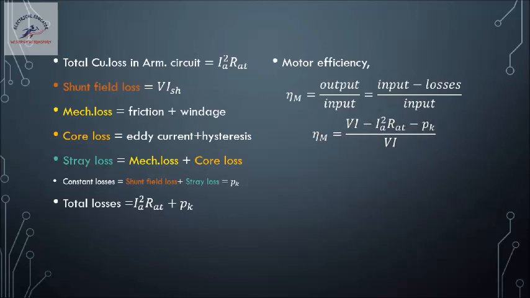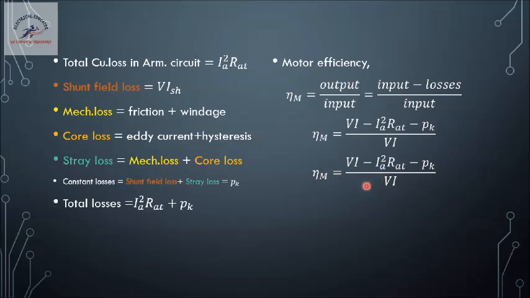So input is given by V into I, because I is the input current and V is the supply voltage, minus losses. The losses are constant losses and variable losses, so here we have total losses. Subtract this, so minus within the brackets. We have expanded and written this divided by input. Let us rearrange this equation and separate out the denominator for each term. So now the efficiency is given by VI minus Ia square Ra minus